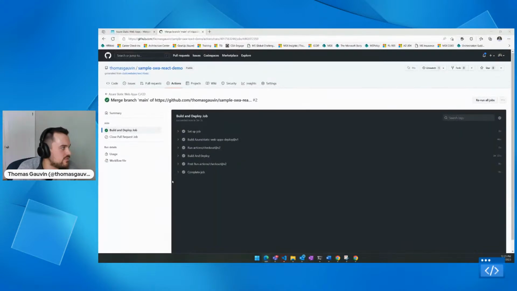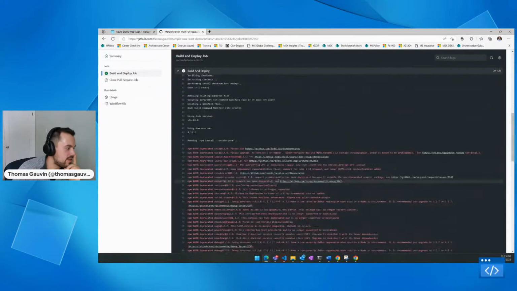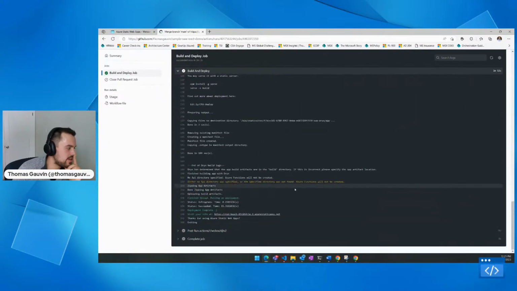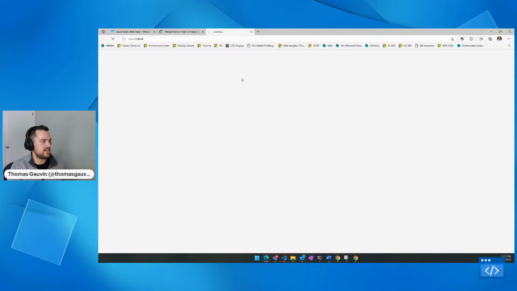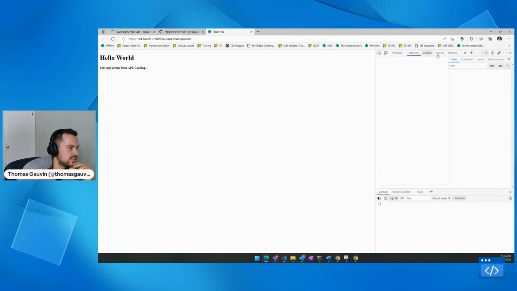But on this note, let's go back to my GitHub Actions. In this case, we can see that, hey, we were able to build the React app and the function app and deployed it. And actually in this step of my deploy app, it'll tell me, okay, great, it's been deployed to my site. So if we look here, this is my deployed site. I just had to create it with my GitHub Actions, and I can make a call to my API. So if we look at the network request,